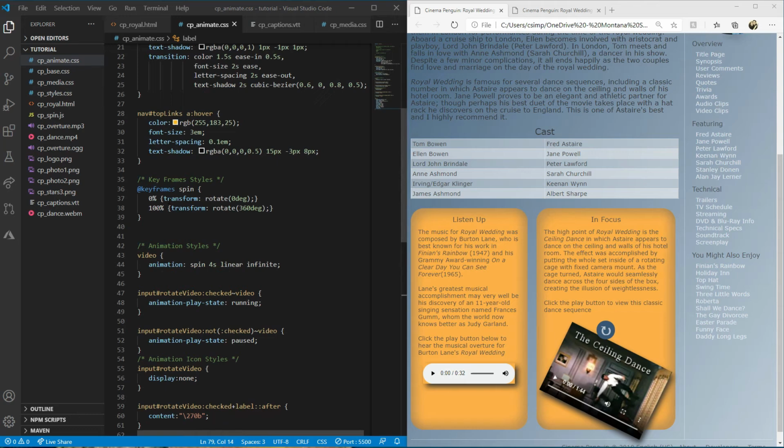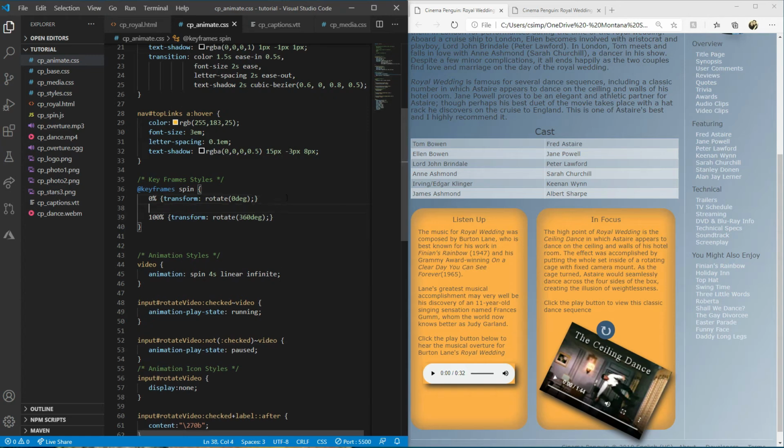So I'm going to come back up here to our keyframes. Our original keyframes just had 0 and 100%. But what we really want to do is have the spinning go along with the dancing. So when the box that Fred Astaire is standing in is going to spin, that's when we want the image to spin. So we have a couple of keyframes; they've already gone through and added and told you what they all are. At 23%,